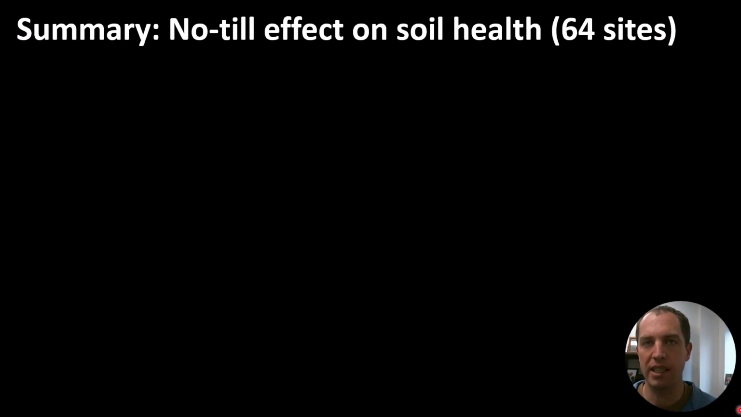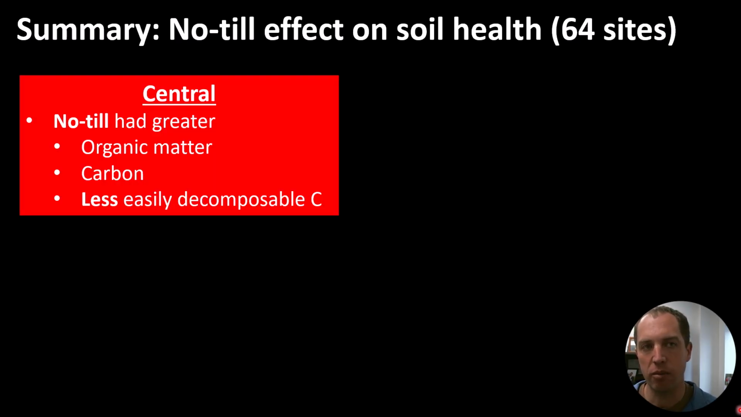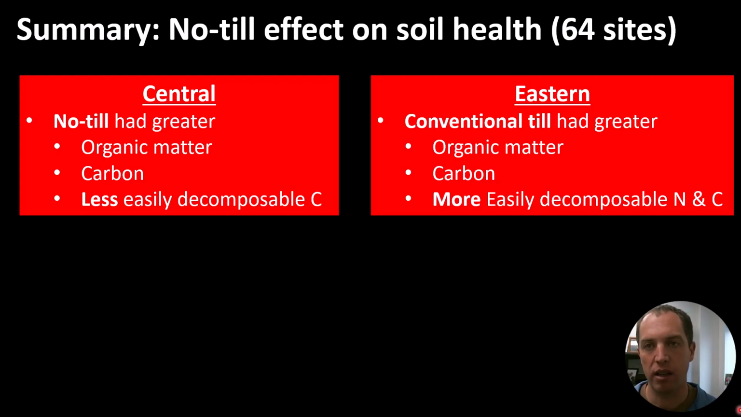So if we're looking at a summary of all this across these 64 sites, really to sum it up quickly here, we see that in the central part of the state, no-till has greater organic matter, greater carbon, and less easily decomposable carbon and nitrogen. Whereas in eastern South Dakota, we flip roles. The conventional till had more organic matter, more carbon, but also had more easily decomposable nitrogen and carbon,